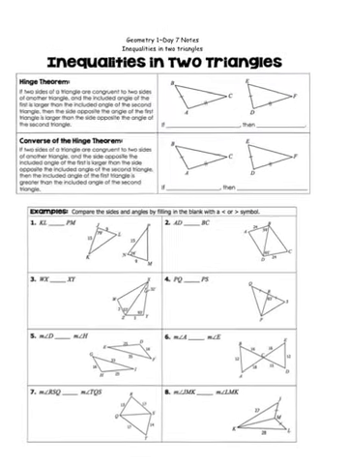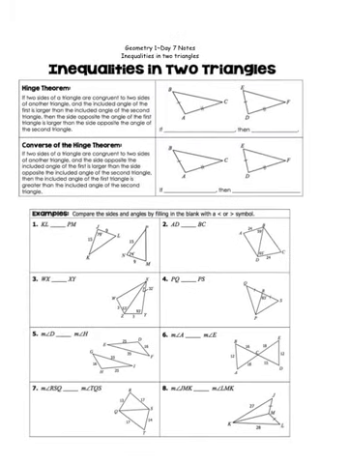Okay, so today we're going to talk about inequalities in two triangles. There's a hinge theorem, so if two sides of a triangle are congruent to two sides of another triangle, like this, these two sides are congruent, and then these two sides are congruent, and the included angle of the first is larger than the included angle of the second, so we're saying that angle A